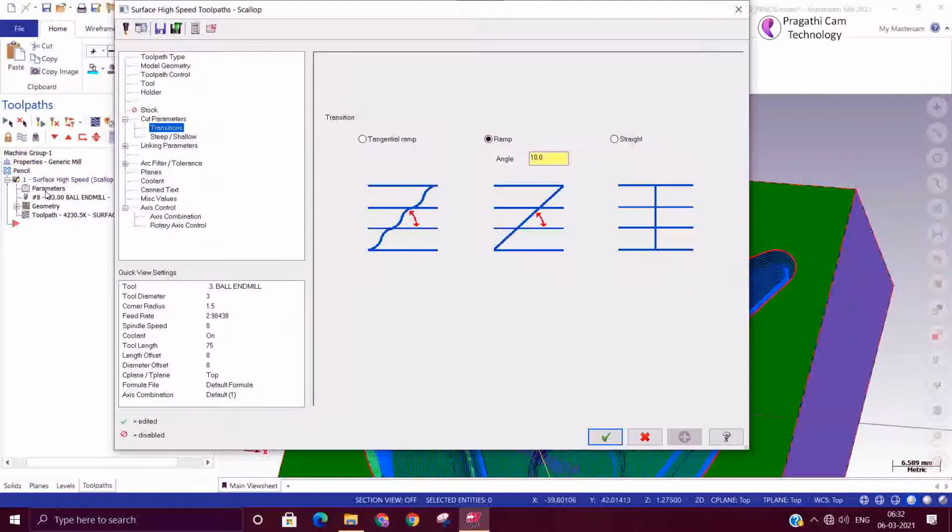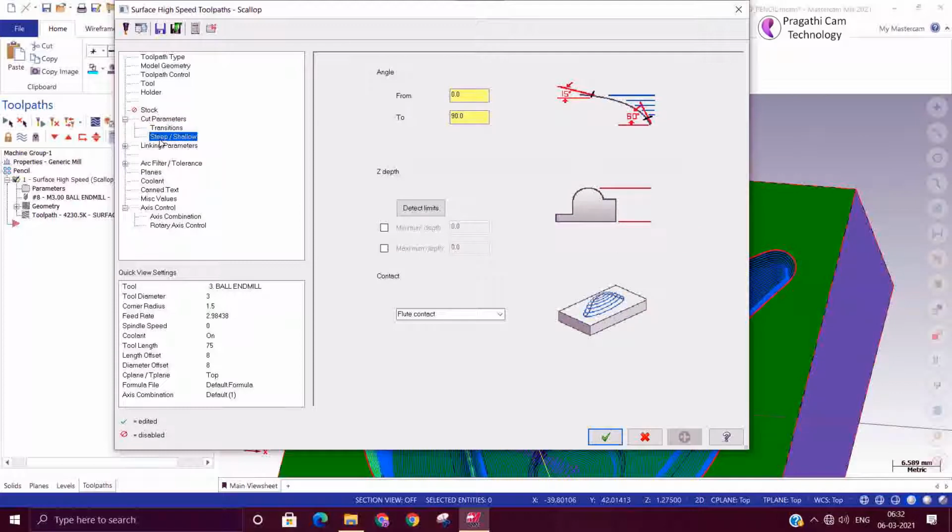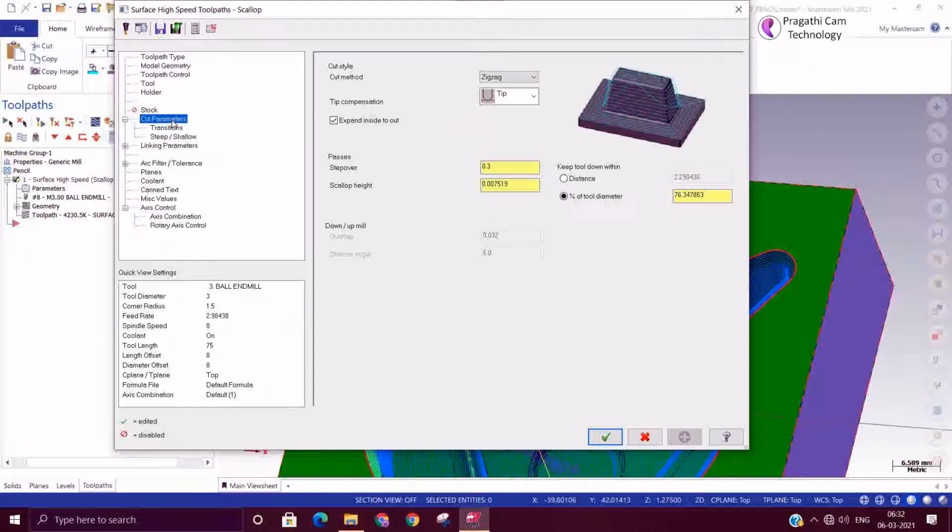In the cutting method, you can even restrict by angular restriction also. So if I need some angles to be machined, you can modify it here. For the cutting method, you want one way.